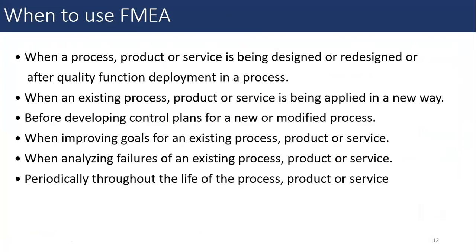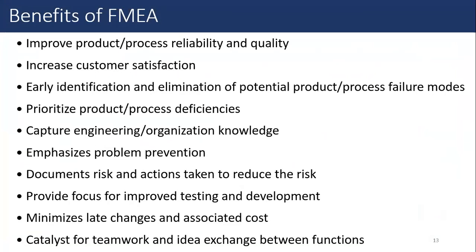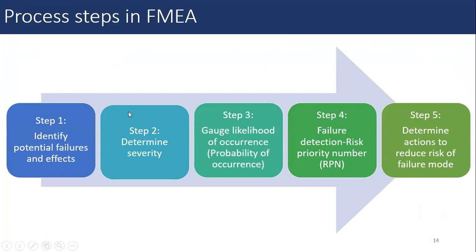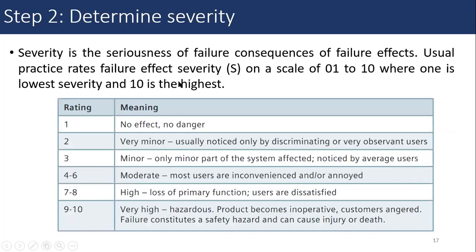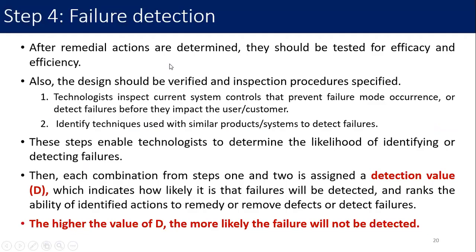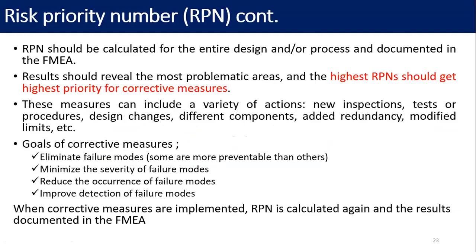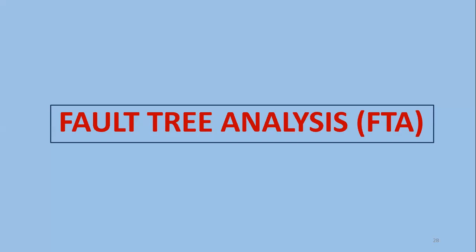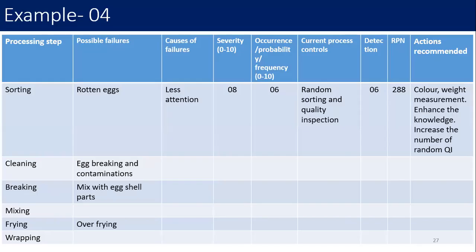Then you can use this diagram in all your failures. Before it happens, you have to identify and apply these techniques to solve these matters scientifically. And how many steps are there? There were 5 steps. First you have to identify the failure modes, then determine severity and gauge the likelihood of occurrence, and then detection, the failure detection rate, and then the RPN number, right? So all about the fault tree, about the failure modes and effects analysis. I think it's clear.